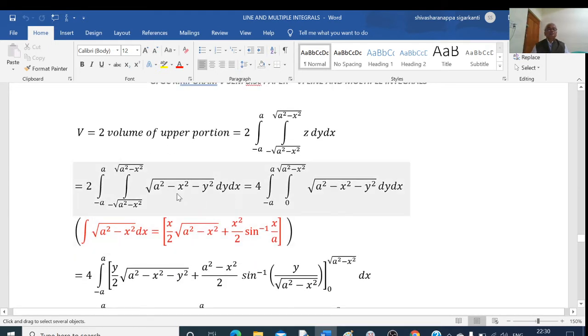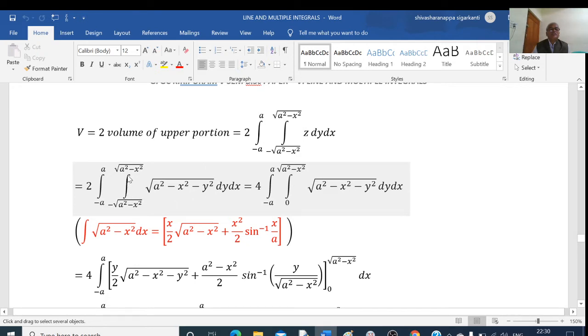Here, this is the integration with respect to y, the first integration. This is like the integral from minus a to plus a of f of x into dx. If this is an even function, then we can write this integral as 2 times the integral from 0 to a. This is by the property of integration. Here, this is my function. If I replace y by minus y, there is no change in the function. Therefore, this function is an even function of y.